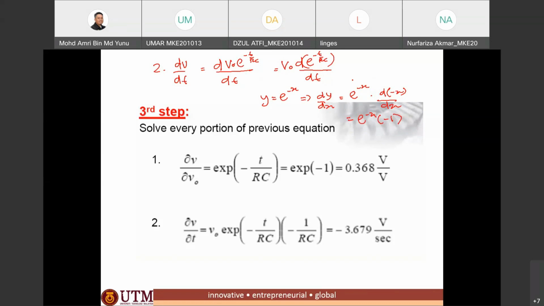So you check back the concept of derivation of exponent terms. So for the second term, dV over dt, we get V out multiply with exponent negative t over RC